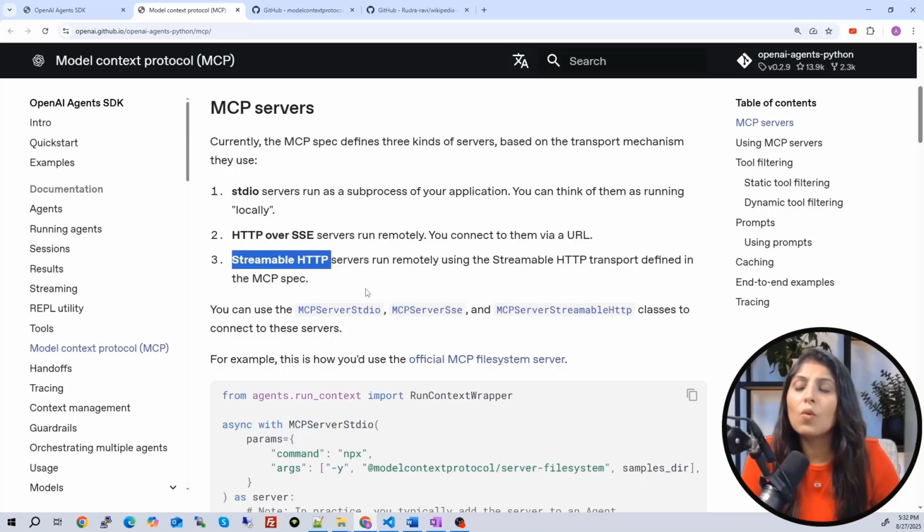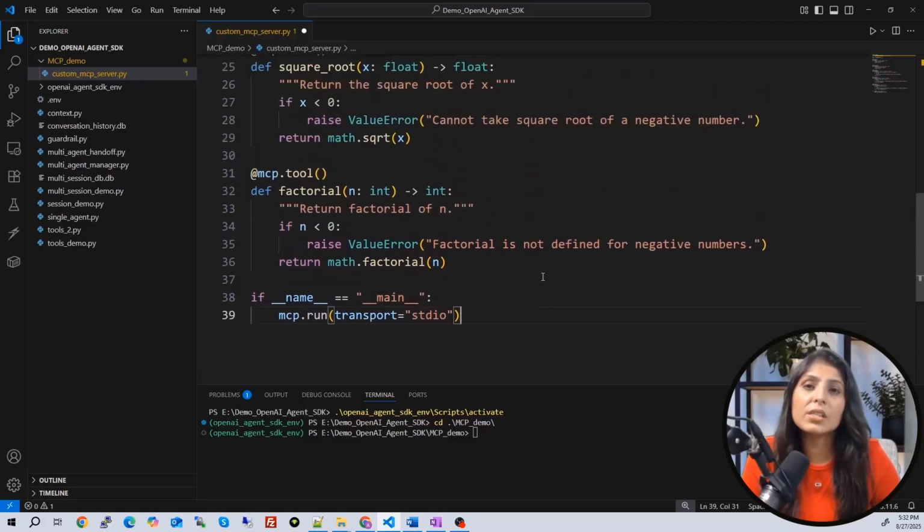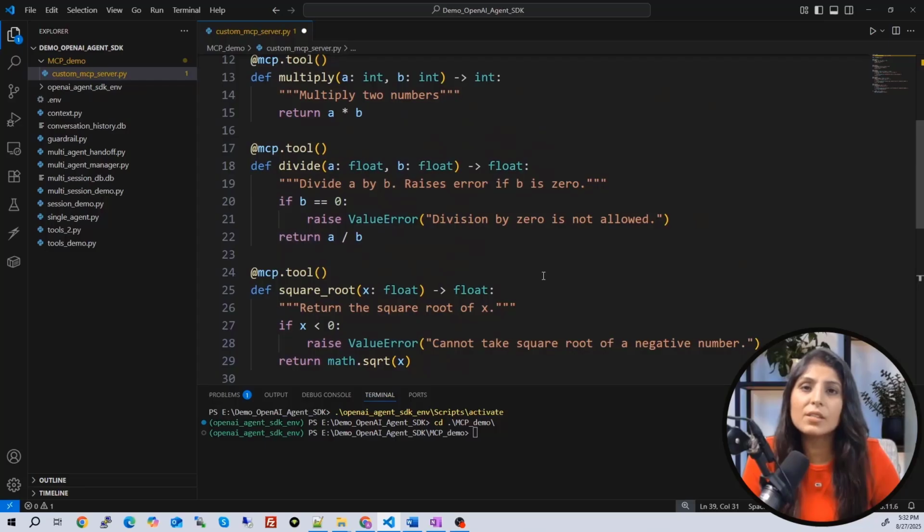Okay, so now I'll show you all these things step by step, and let's go back to our code. We are building this custom MCP server. A custom MCP server is ready, right? So save this file. Now we will create an agent using OpenAI Agents SDK. Then we will connect that agent to this MCP server, and we will see how our agent and this MCP server interact and how our agent will fetch the response from this MCP server whenever the user asks any question. So let's do that part.